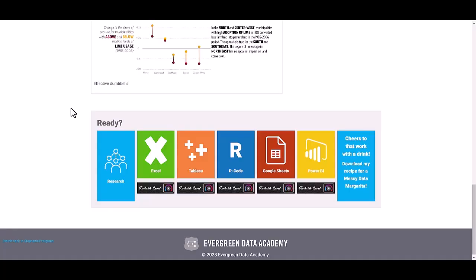So this tutorial on vertical dumbbells has instructions for Excel, Tableau, R, Google Sheets, and Power BI. Now, some students spend their time in the Academy diving deep into one software, like to become the queen of Tableau. Others want to become multilingual, so they'll tackle every software button posted for this tutorial. You'll see underneath each, we have these rock star levels listed here. That's our way of telling you on a scale of 1 to 10,